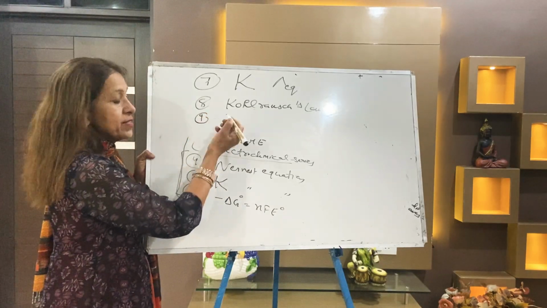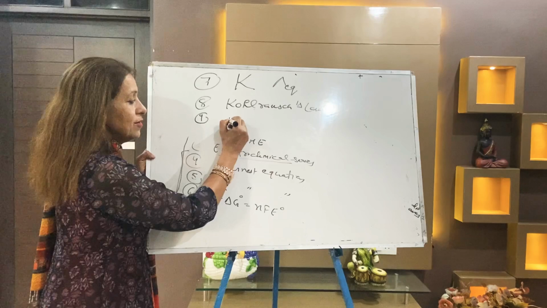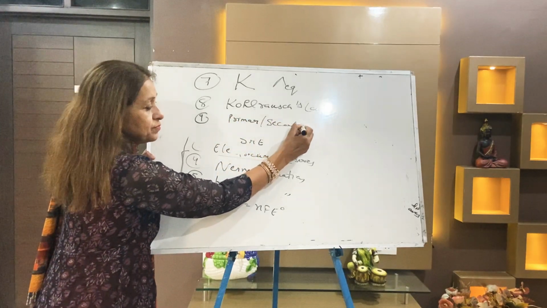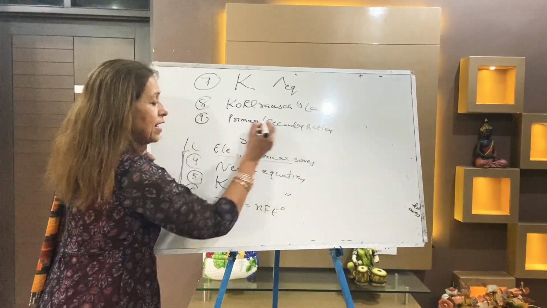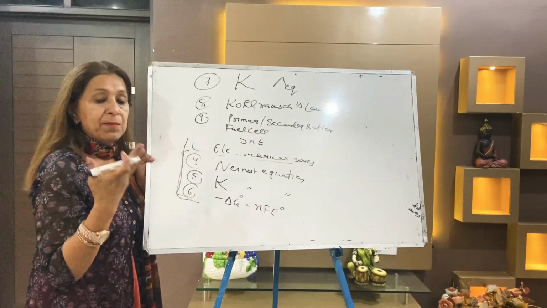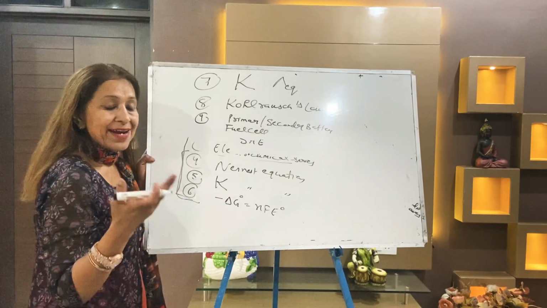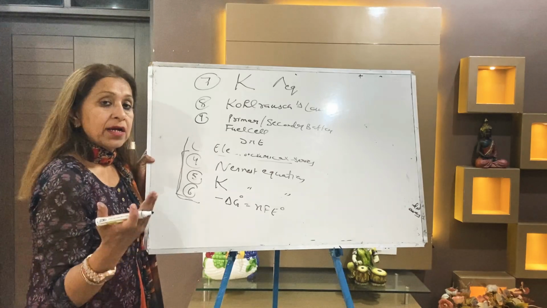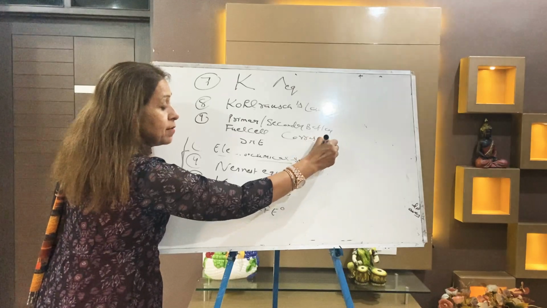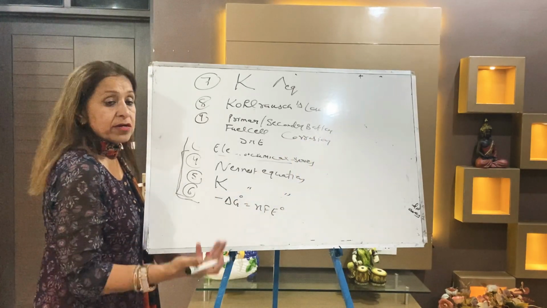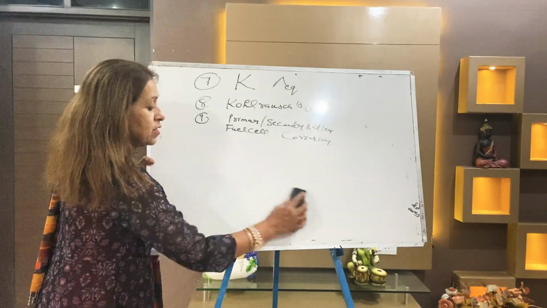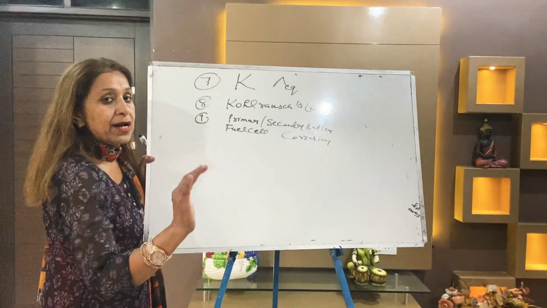The next topic was very simple and very interesting: primary and secondary batteries, along with a special cell, the fuel cell. Primary batteries were the dry cell and mercury cell. Secondary batteries were the lead storage battery and the nickel cadmium battery. Then fuel cell, corrosion mechanism, prevention of corrosion, factors which affect corrosion, and so on. After covering all these batteries, your topic electrochemical cell was completed.